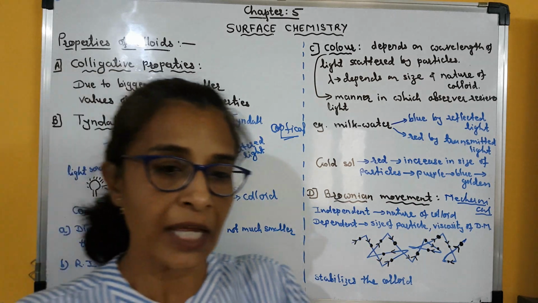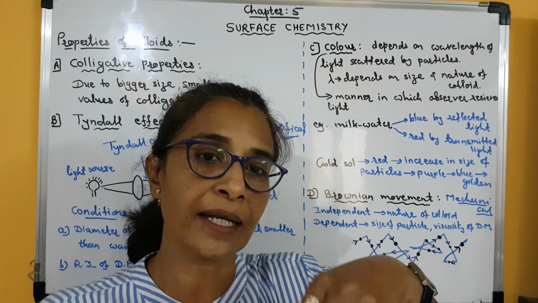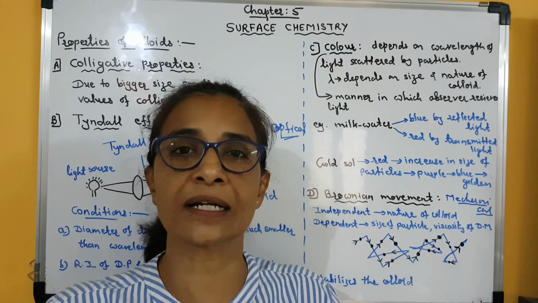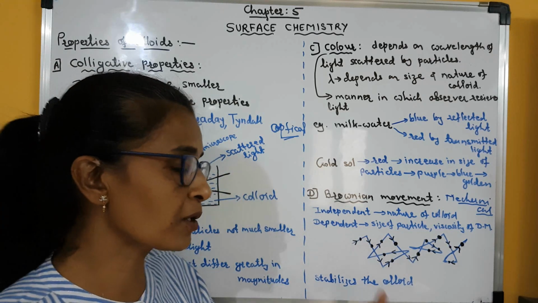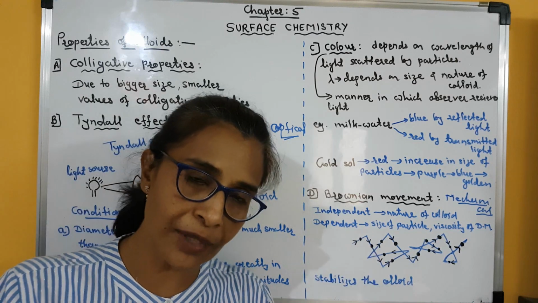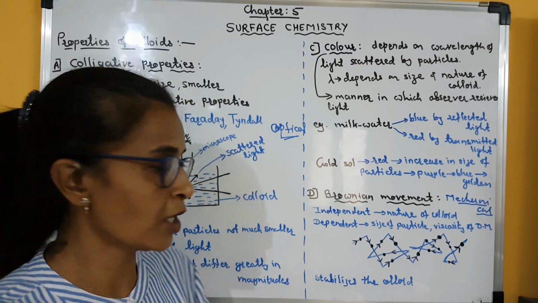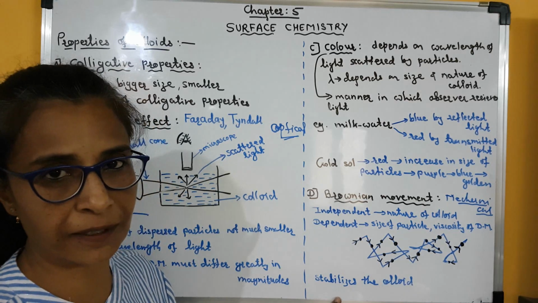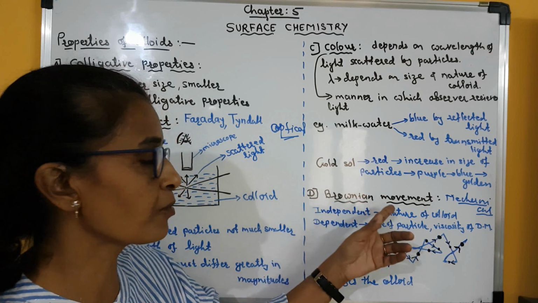Clear? For example, if we stir salt or sugar in water continuously, then it will dissolve. But before dissolution, those sugar or salt particles cannot settle down. Similarly here also, Brownian movement keeps the colloid particles in continuous motion, and that's why it doesn't allow them to settle down. And if they don't settle down, it means that colloid is stable. So this Brownian movement stabilizes the colloid. This is a very important factor. Clear? This is, we can say, a very important application of Brownian movement.